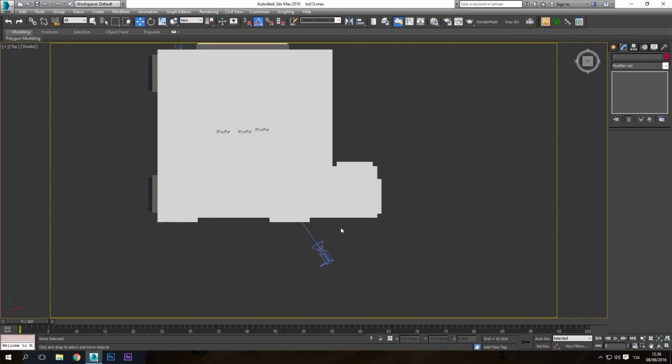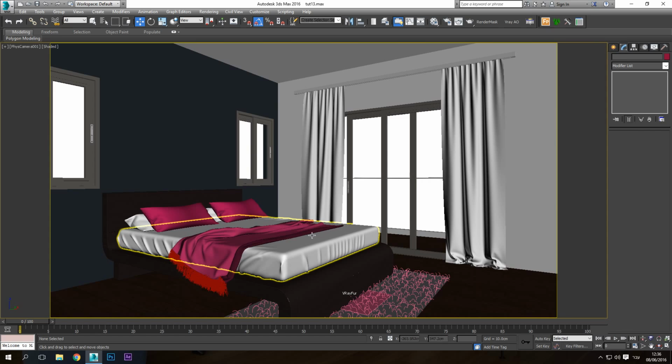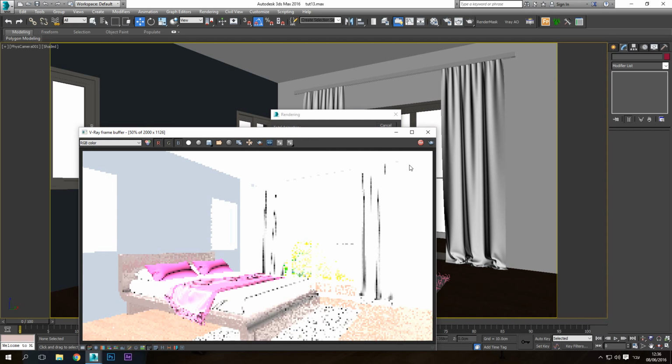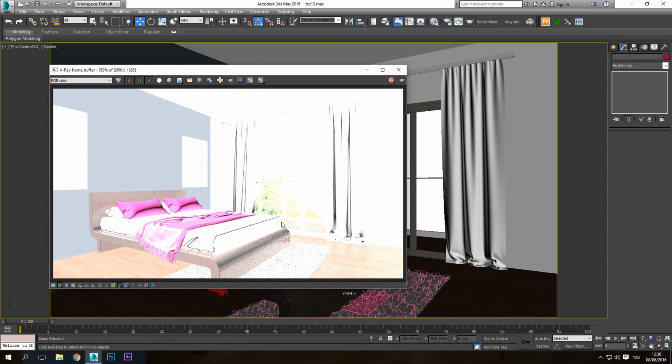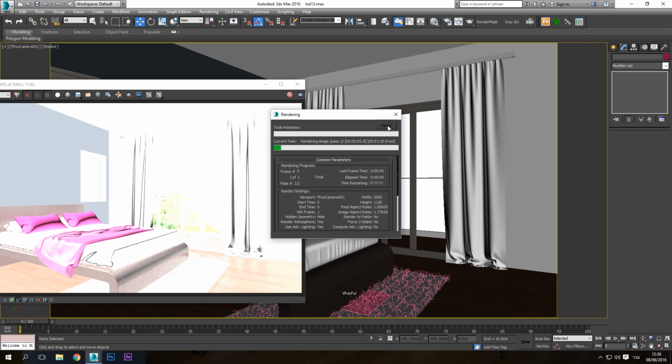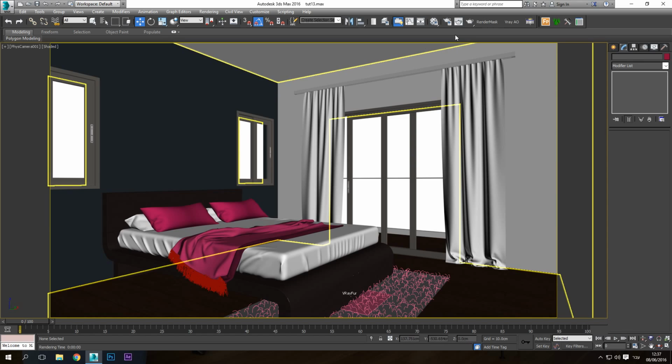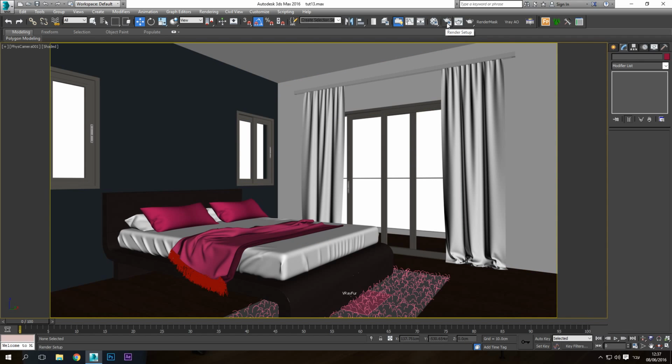So next thing I want to do, let's go to the camera here. If I render now, it is too bright, it's burned, doesn't look good at all. That's because we didn't align anything to the scene. So now what we need to do is